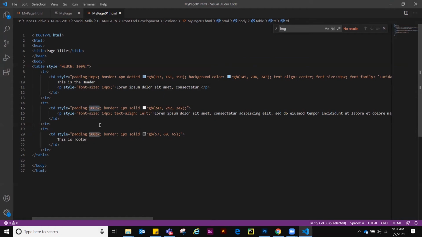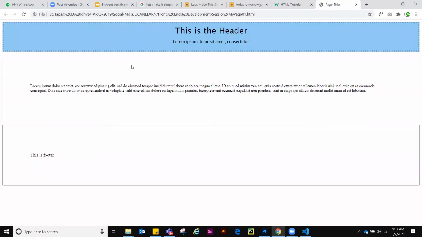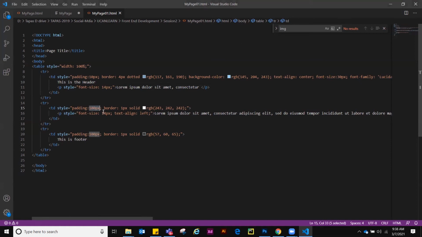So over here now I will show you two things. One is, see, padding goes clockwise: top, right, bottom, left. So we should remember this. Suppose there are 4 sections: this is the top section, this is the right section, this is the bottom section, and this is the left section, right? There are actually 4 types of padding. But we can make it simple, otherwise there will be 4 lines of code.